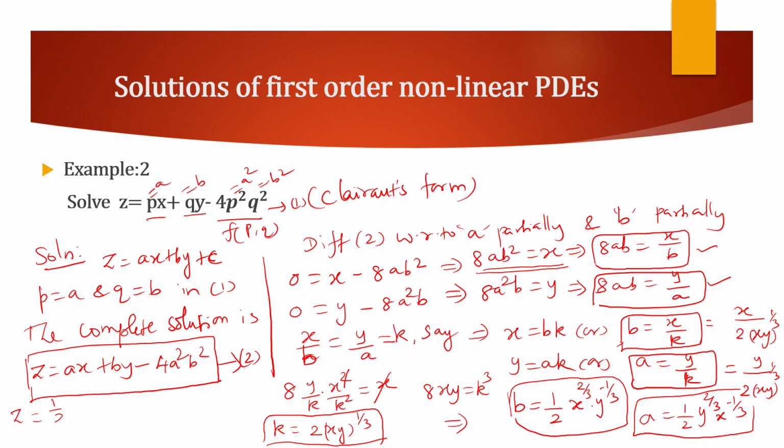It is 1 by 2 y power 2 by 3 x power minus 1 by 3 into x, plus b is 1 by 2 x power 2 by 3 and y power minus 1 by 3 into y, minus 4 into a square, which is 1 by 4 y power 4 by 3 into x power minus 2 by 3, into b square, which is 1 by 4 x power 4 by 3 into y power minus 2 by 3. So upon simplification of this, we get